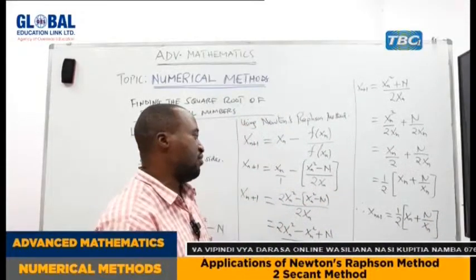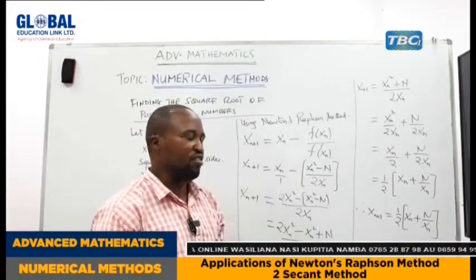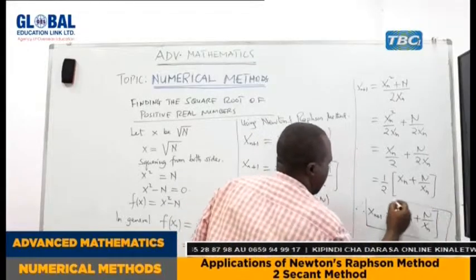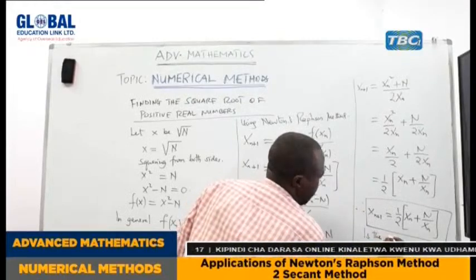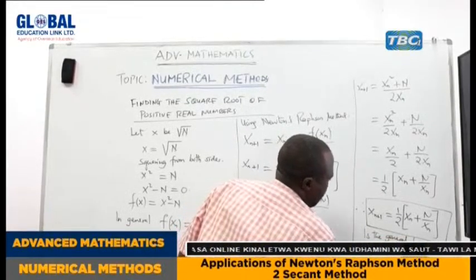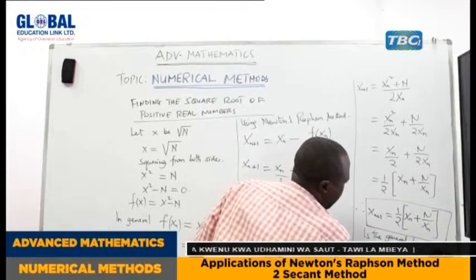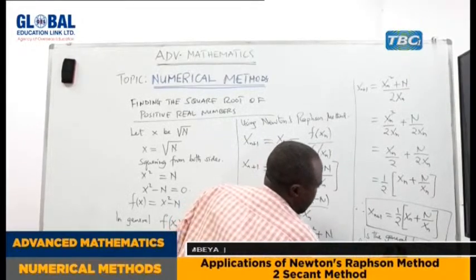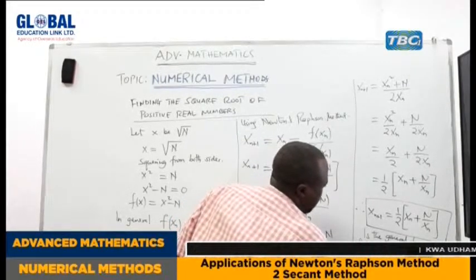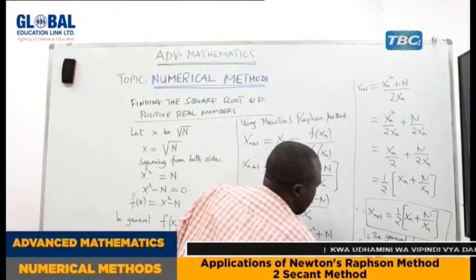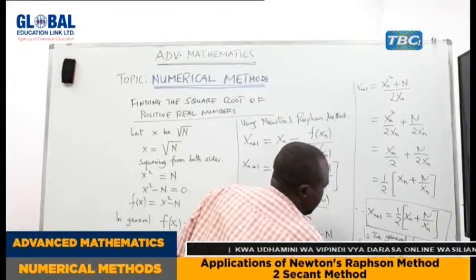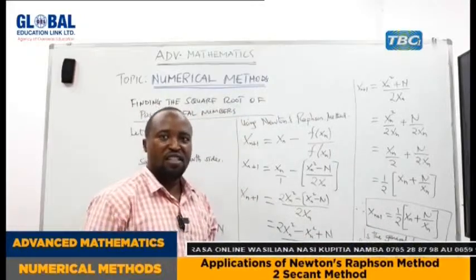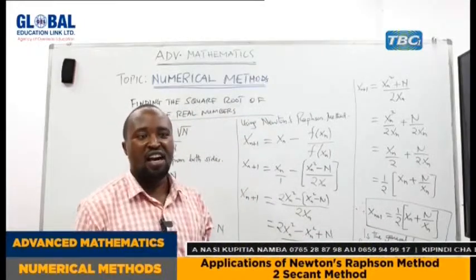So this is the general formula for finding the square root of a positive real number. Okay. Now, my dear students, let us see how we can apply our general formula